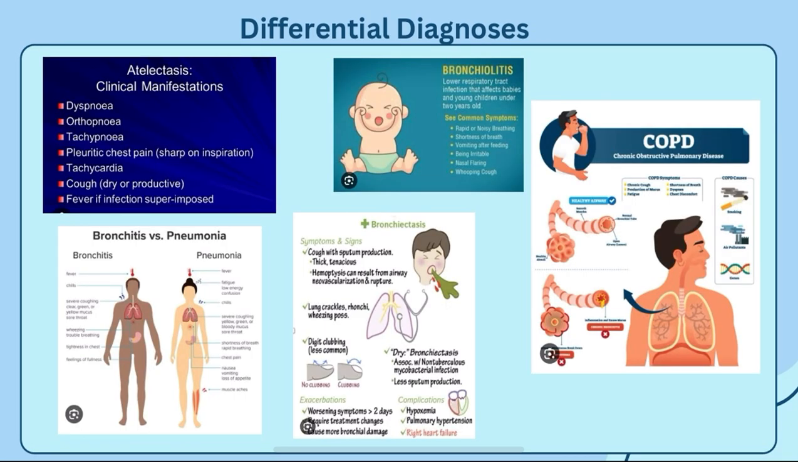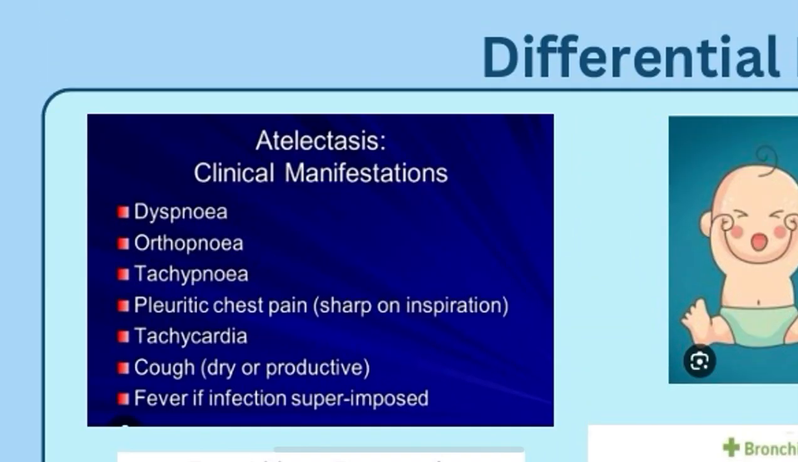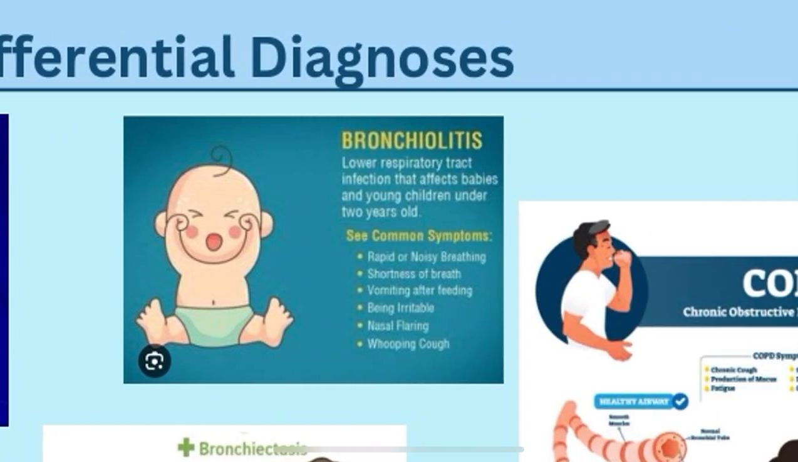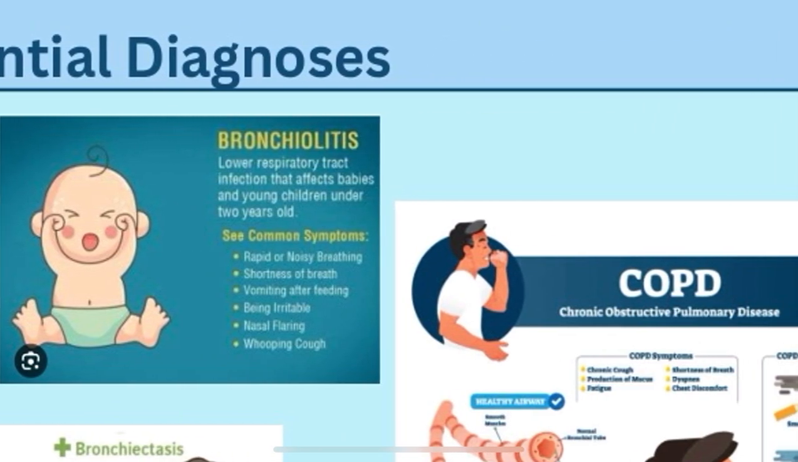We have atelectasis. The clinical manifestations seen in atelectasis are dyspnea, orthopnea, tachypnea, pleuritic chest pain. The patient presents with pleuritic chest pain, tachycardia, cough, dry or productive, and fever if infection is superimposed. Is it clear? We have studied atelectasis, and then we will move further to bronchiolitis,